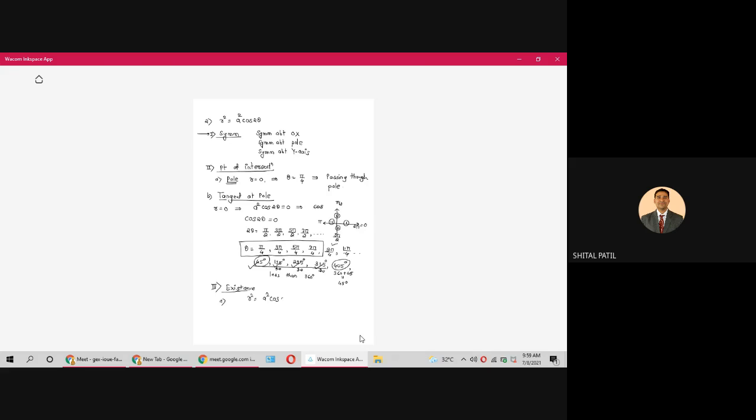Now, what are the different values of cos 2 theta? Cos 2 theta may have a maximum value of 1, it may be 0, and the minimum value is -1. Accordingly, R square equals A square, R square equals 0, and R square equals -A square. So from here R equals plus minus A, giving us the minimum and maximum value of R. The minimum value is -A, the maximum value is +A.